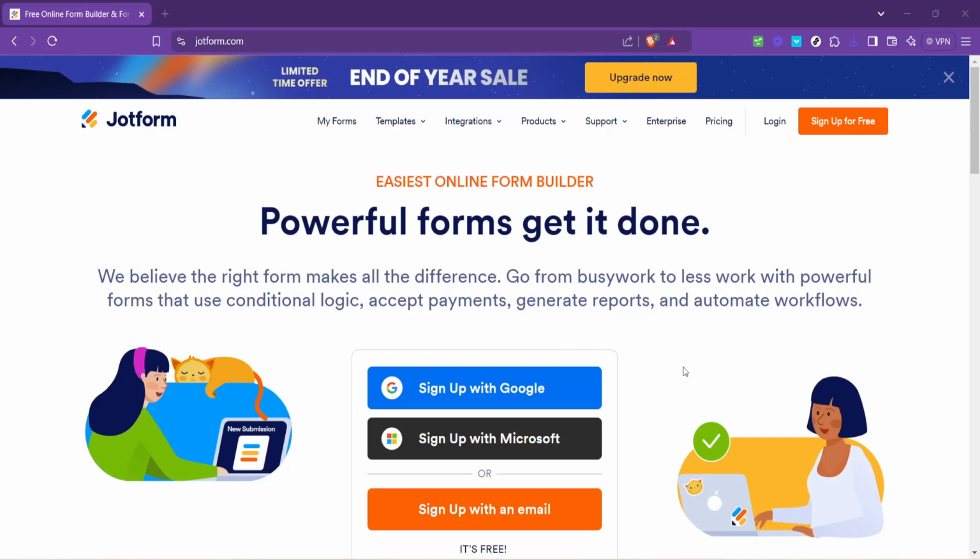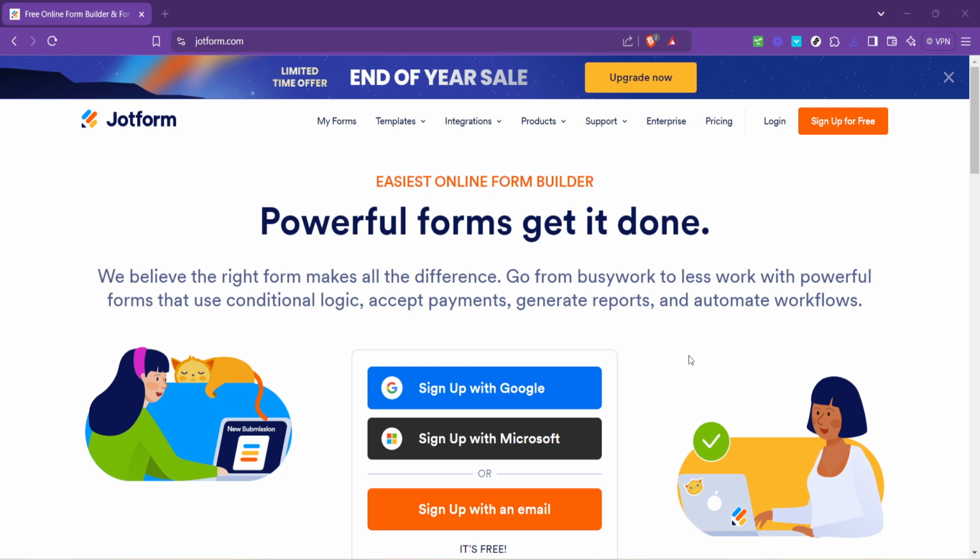In today's video, I'm going to teach you how to share a Jotform with another user. Jotform is a powerful tool that allows you to create online forms quickly and effortlessly, but sometimes you need to share your creations with colleagues, friends, or clients for review, collaboration, or further action. Today, I'll walk you through the seamless process of sharing your Jotform with someone else, ensuring you're equipped to collaborate